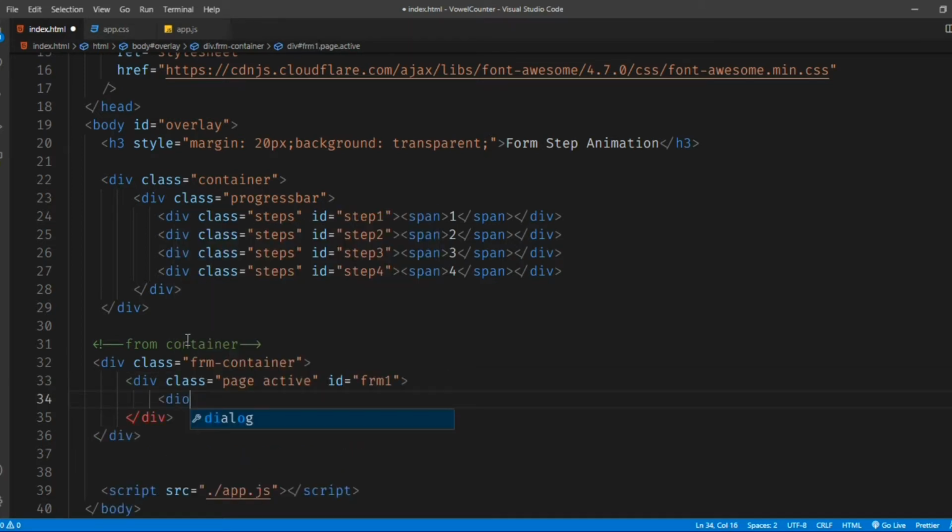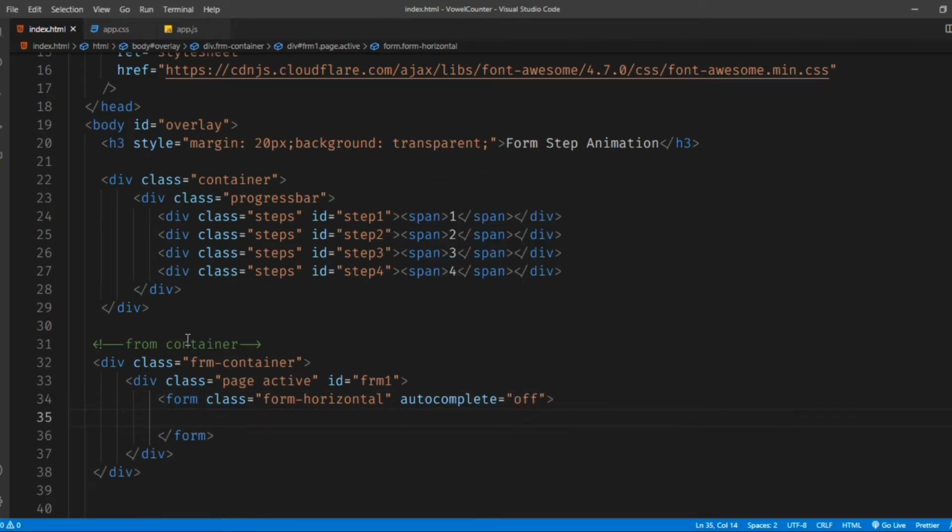Alright, so I have already used a bootstrap class, so I'm using another form class equals to form horizontal and autocomplete to be as off. Okay,